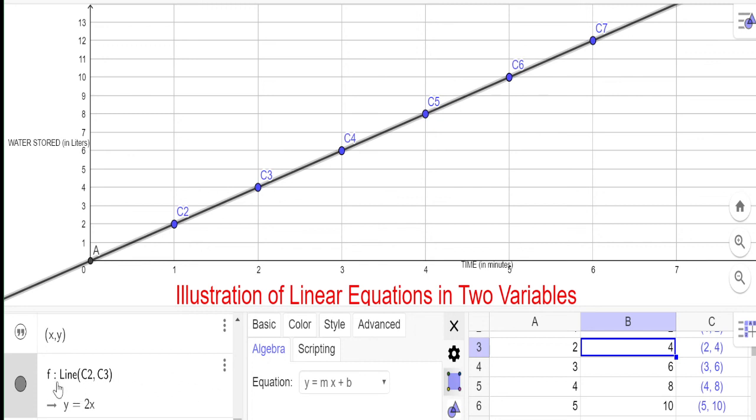So first is through algebra. You can illustrate using algebra. Or it could be using the tabular form, or the third, it could be expressed in a graphical form. So of the three, they are all related to each other. So I hope guys you will understand the video, and feel